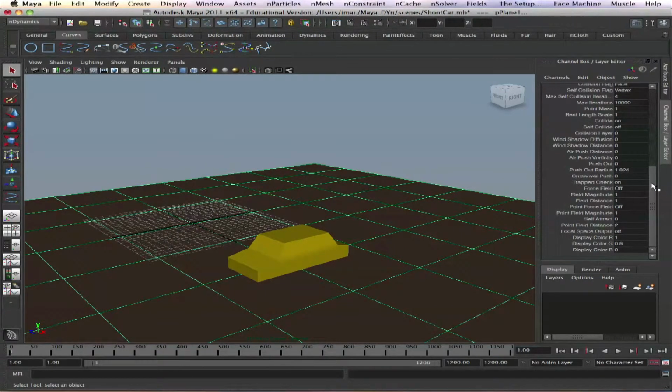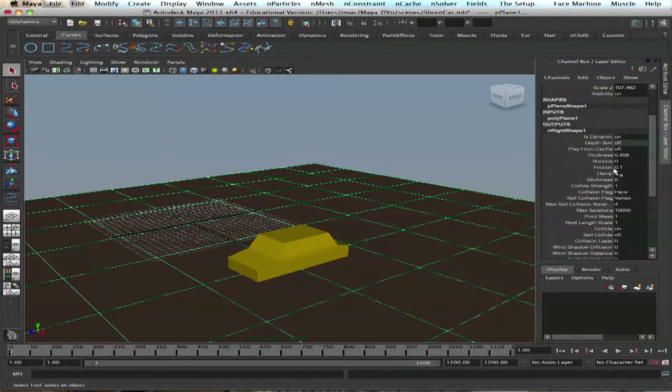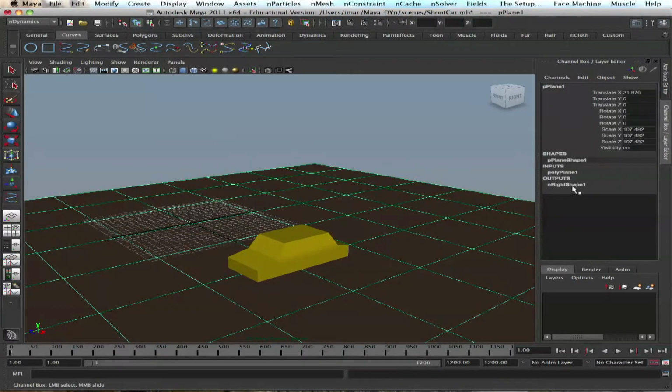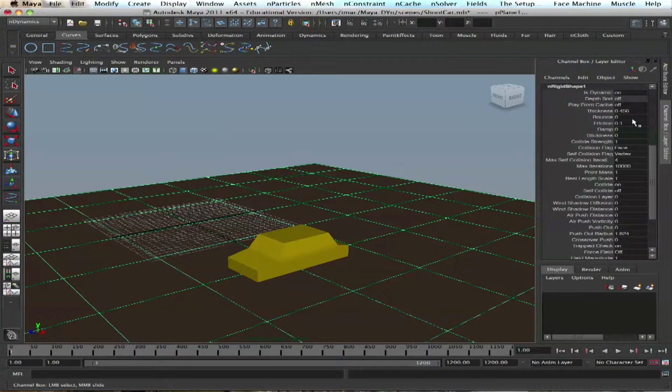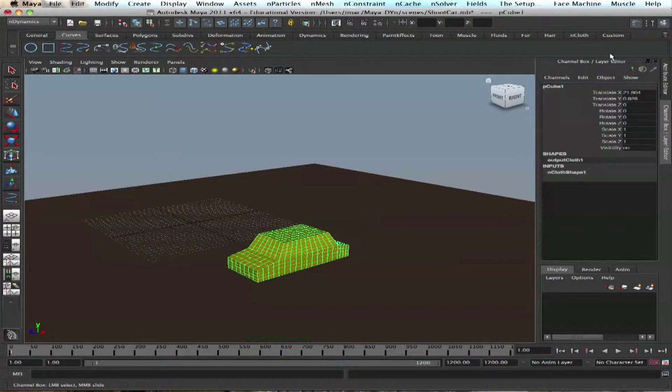Where is that? Friction right here. So you select that polyplane, call it whatever. Let's keep it polyplane for now. And then you go to nRigid shape, you define friction right here and make it, let's say 10, and we'll see what happens. Now we have our nCloth object,